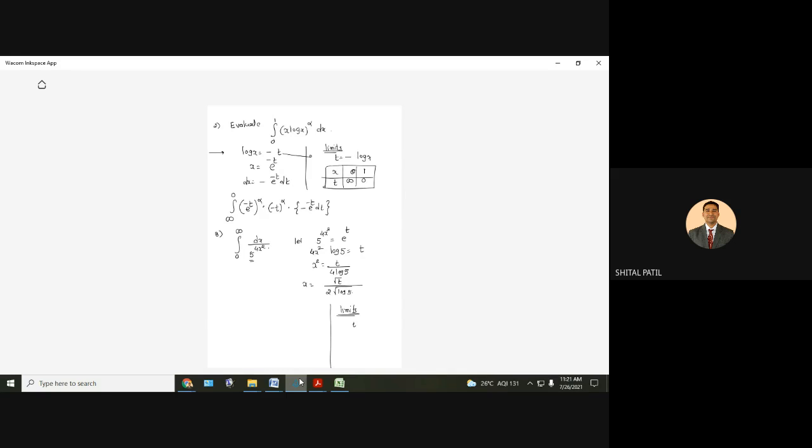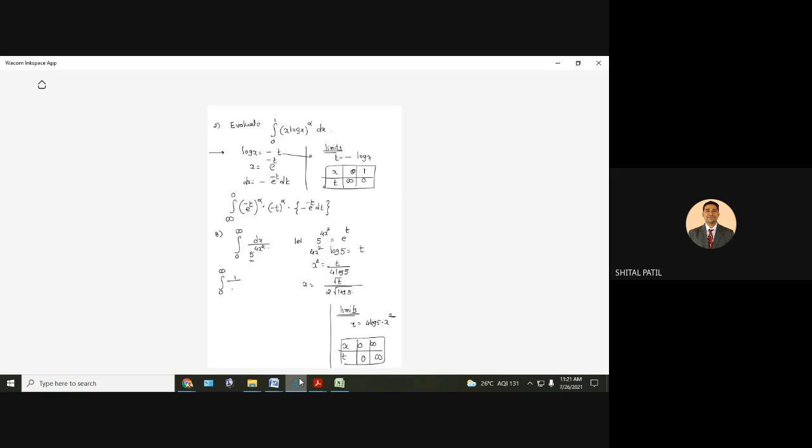So our aim is to get the value of t, so that t is equal to 4 log 5 into x square. Okay. Then it is like this. For x, the limits are 0 and infinity. See what the t is. Substitute x equal to 0, so 0 only. Infinity, there is no change. And therefore, the integral will become no change in the limits, 0 to infinity as it is.